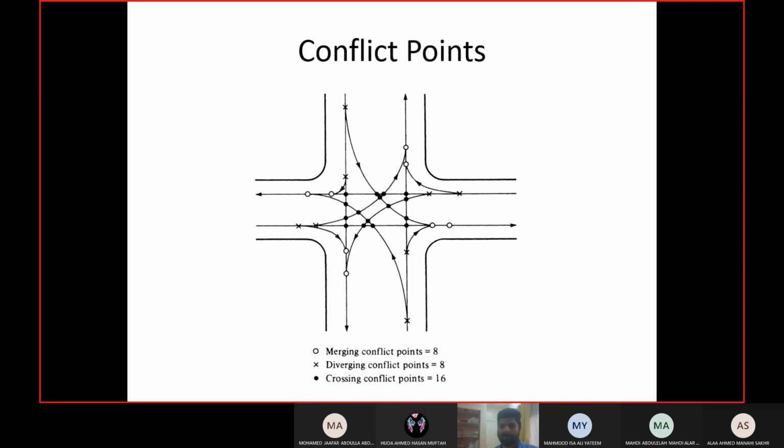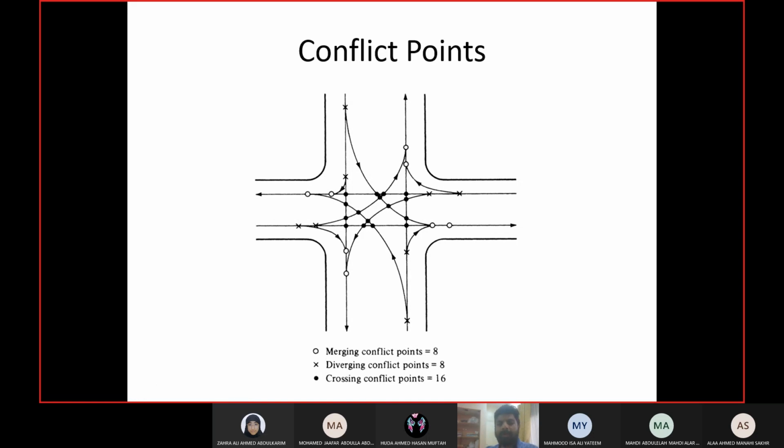So I think I have explained it earlier as well. Conflict points are the points where two vehicles from different directions can cross each other or can meet at the same time. Okay, I'm saying can because obviously you will have signals and roundabouts and so on and so forth. So the possibility of their actual meeting is maybe 0. But you have to identify all the conflict points, and the design starts after that.